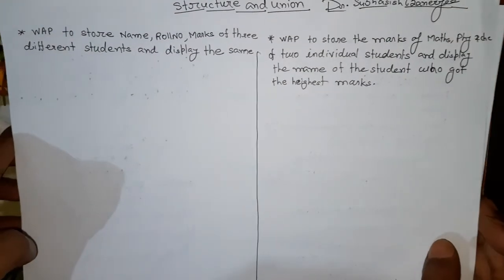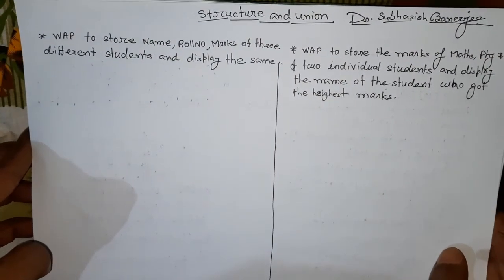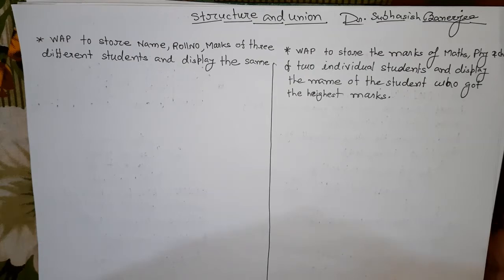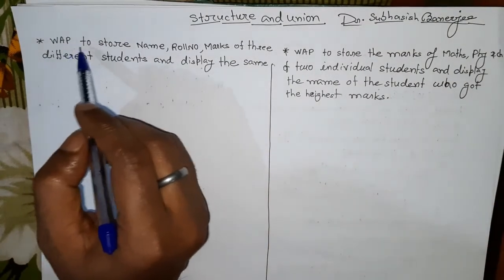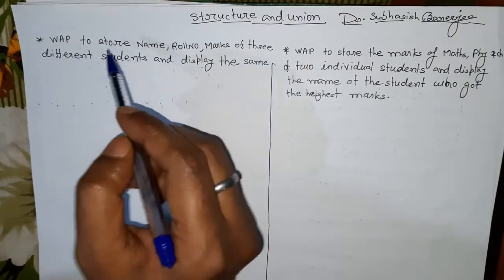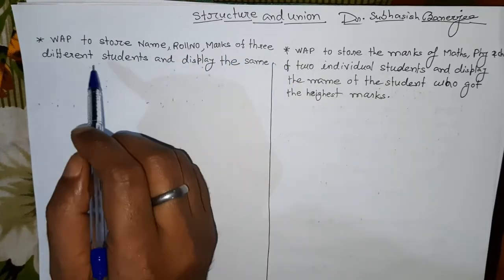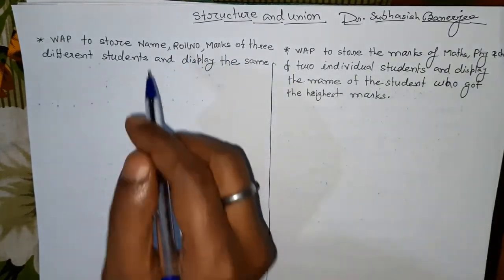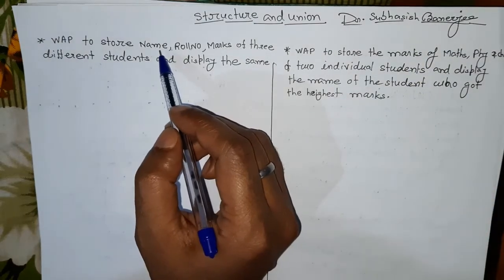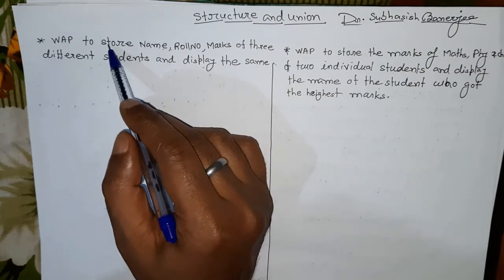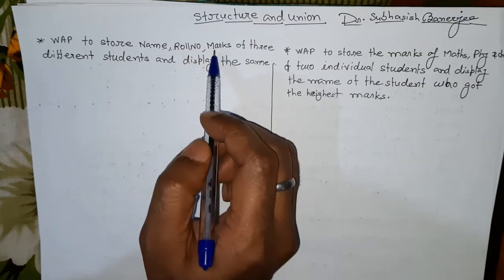So here I am going to discuss two simple example programs of the structures. Let's have the first problem which has been given: write a program to store the name, roll number and marks of three different students and display the same. Here we will notice that we have been asked to store the name, roll number and marks